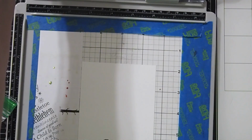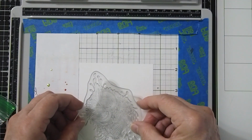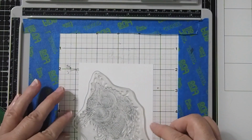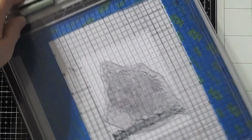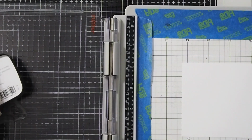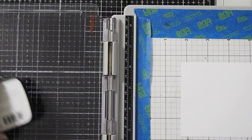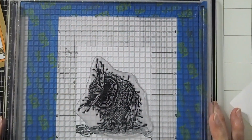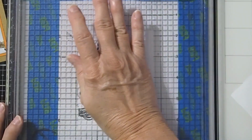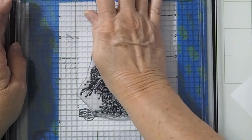And now we're going to get our Ginger and lay her so that it looks like she's standing on our branch. Get her lined up. And we will ink her up as well. Nice even pressure. May have to do again, at least where her eyes are, because that is a little bit thicker piece of the